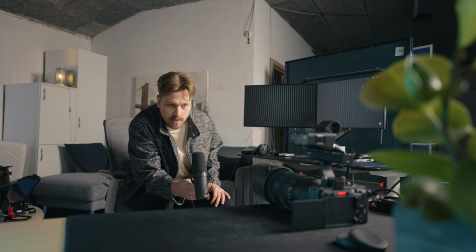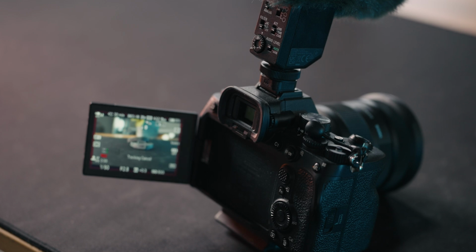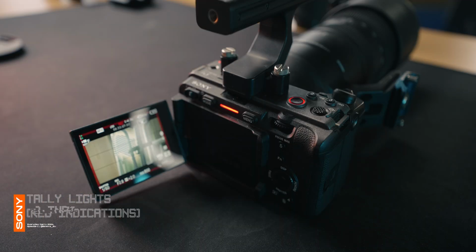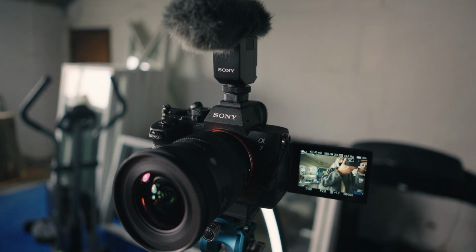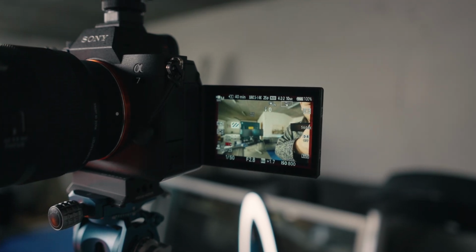The second thing, and something that also really has started to annoy me about my Sony A7 IV, is that the FX3 comes with tally lights, which the Sony A7S III also doesn't come with. This is a nice to have feature for sure, but damn it's handy. Because there's been so many times where I thought that I started my A7 IV, but I didn't. And yes, I have a red border feature turned on, but that doesn't always help when you're standing in direct